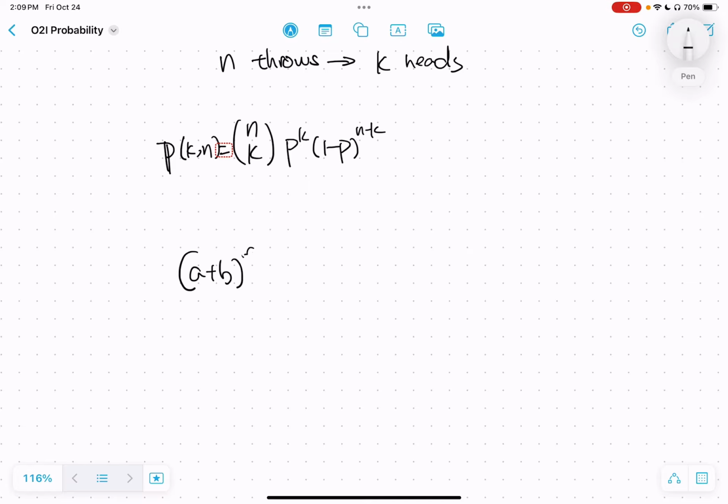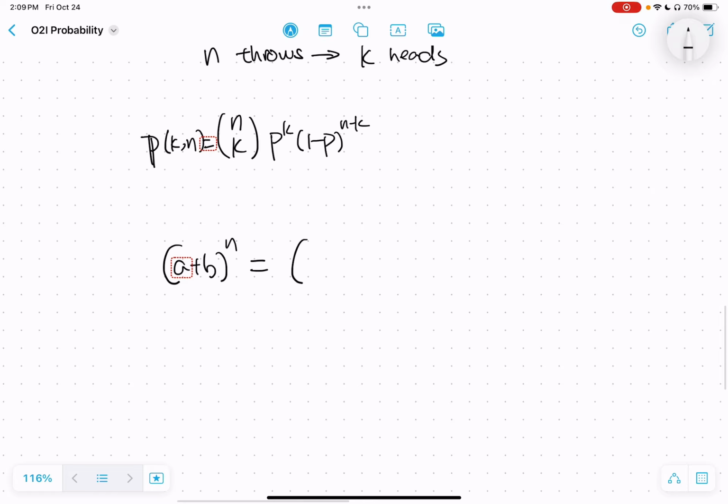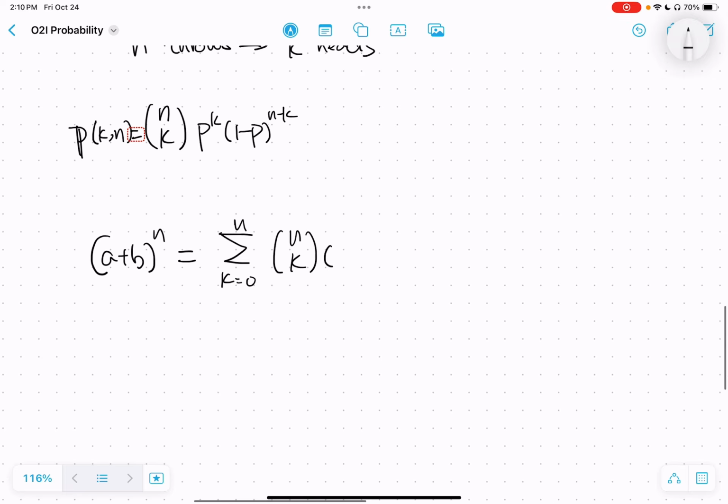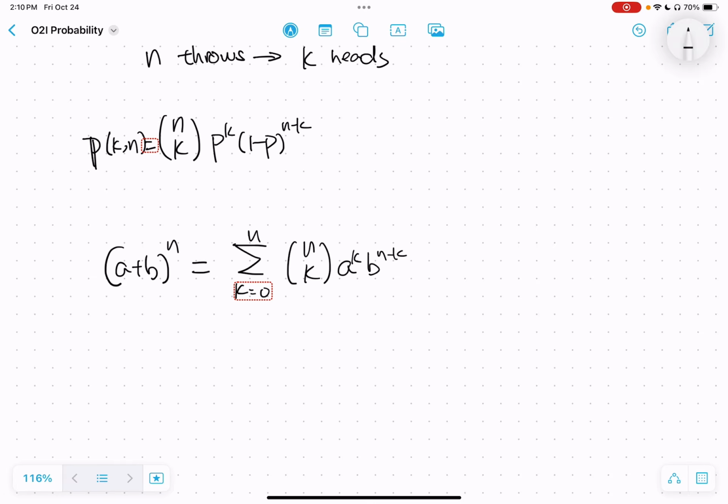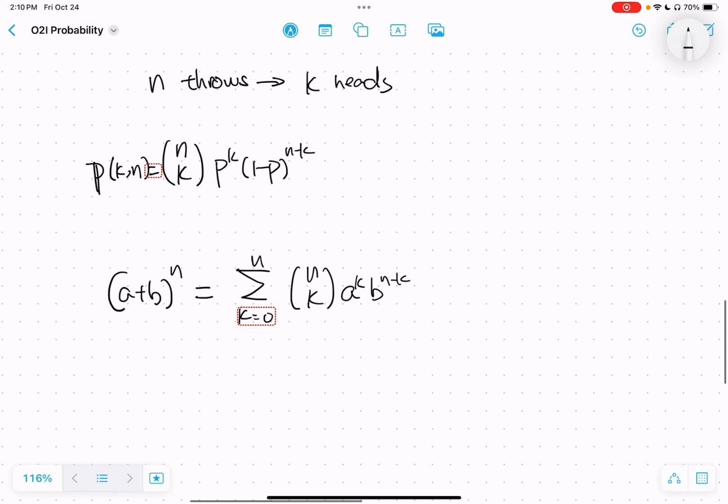Okay, this equals the summation from k equals 0 to n of n choose k times a to the power of k, and then b to the power of n minus k. Okay, this is our binomial theorem, and this can be really useful in advanced probability because we see how similar